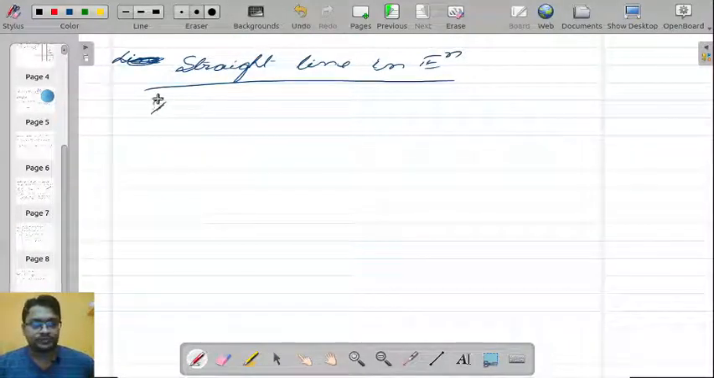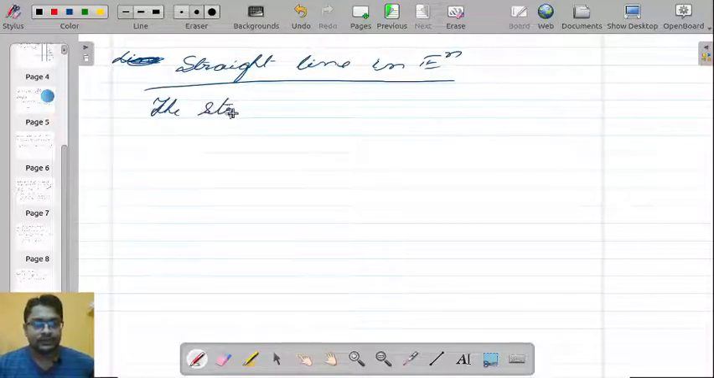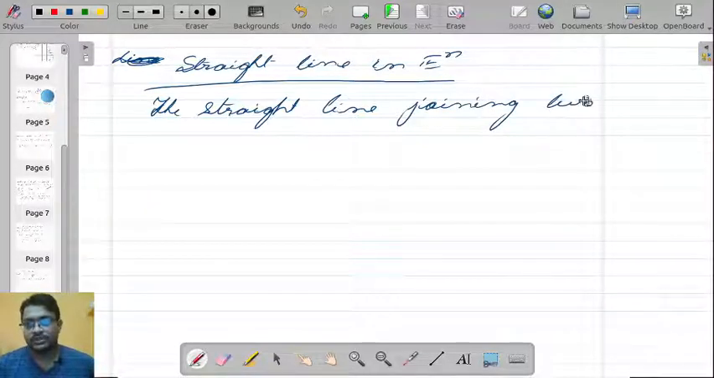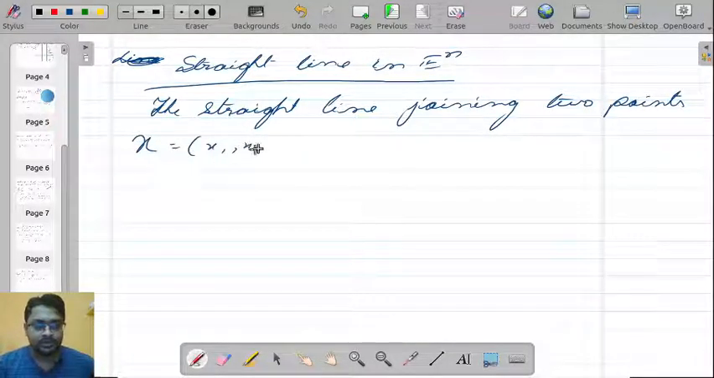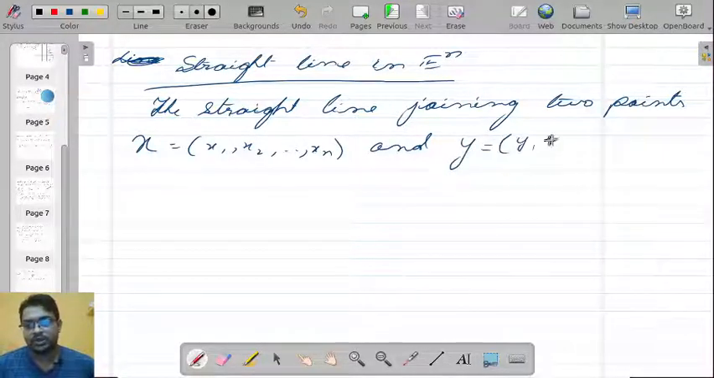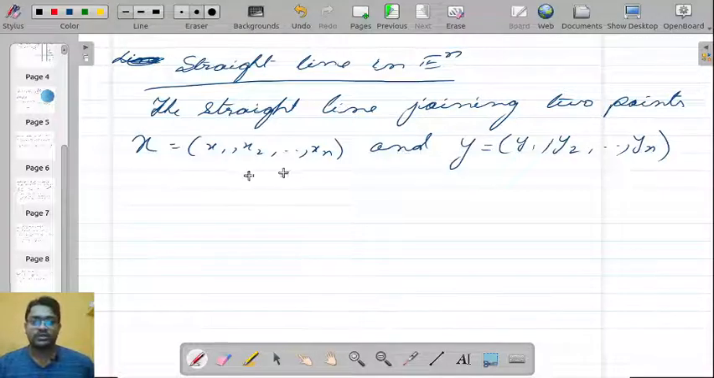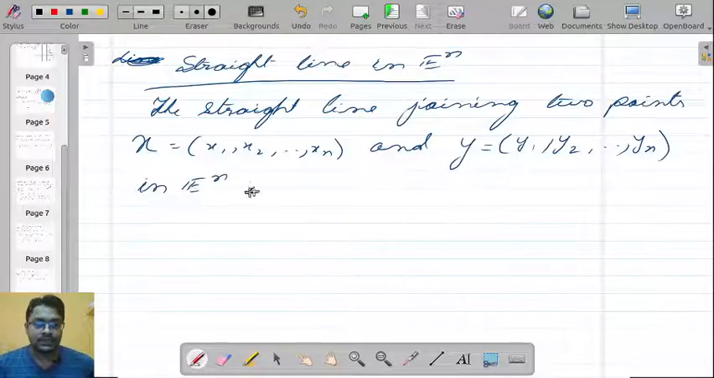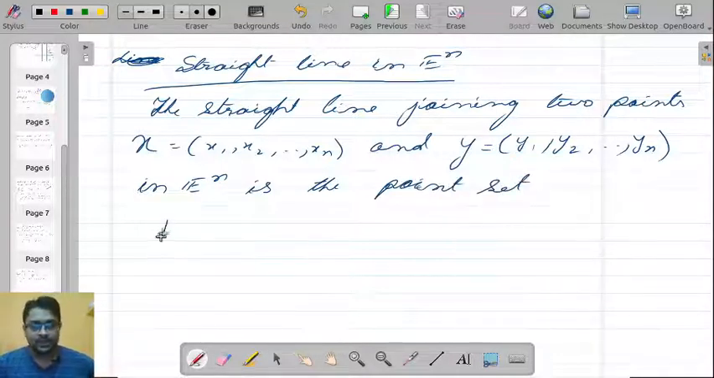So let the straight line joining 2 points x equal to x1, x2 up to xn, where I am using the coordinates x1, x2 up to xn, and y equal to y1, y2 up to yn, in E to the power n be the point set, say L equal to